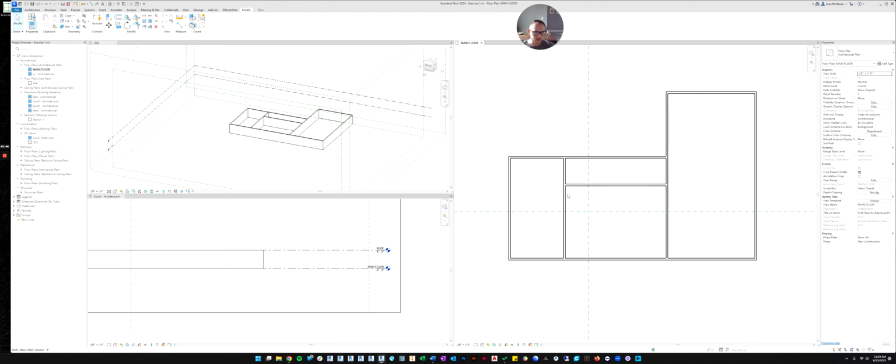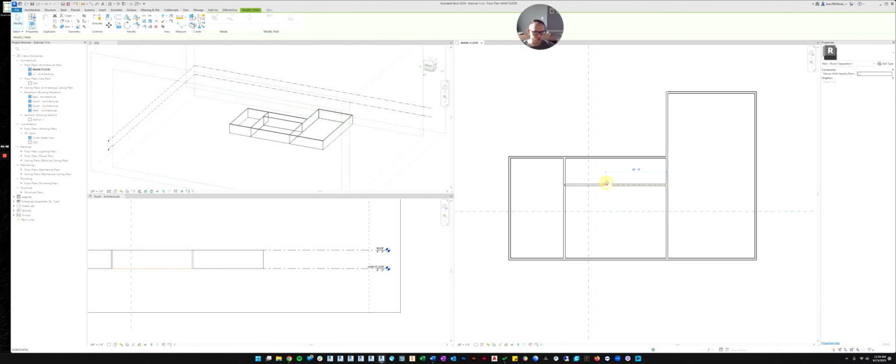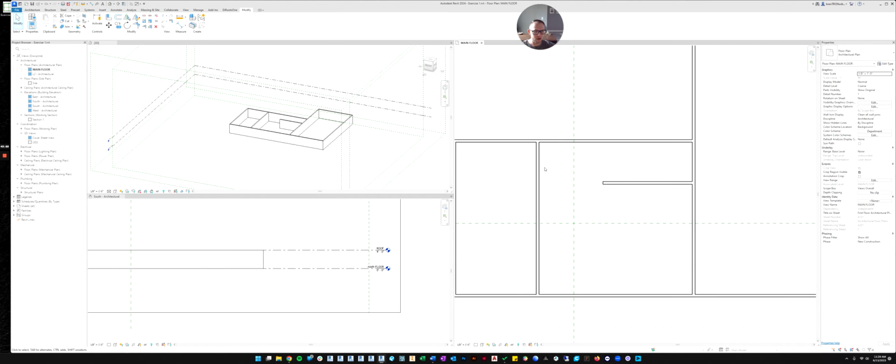Another thing you might want to do is, instead of joining, maybe you want to extend a wall. Right now, if I use the join command to try to stretch this wall to this wall, do you see how it deletes this side of the wall because it's trying to make a corner? So I'm going to undo that.